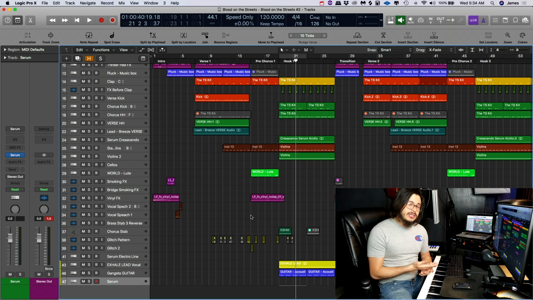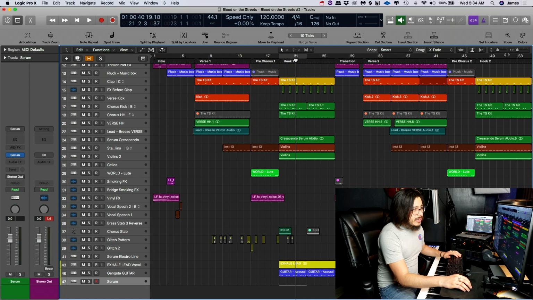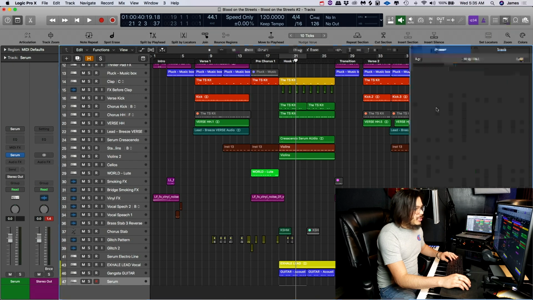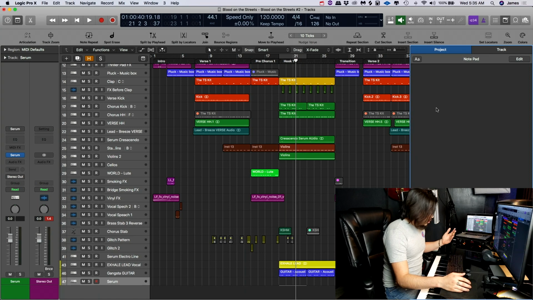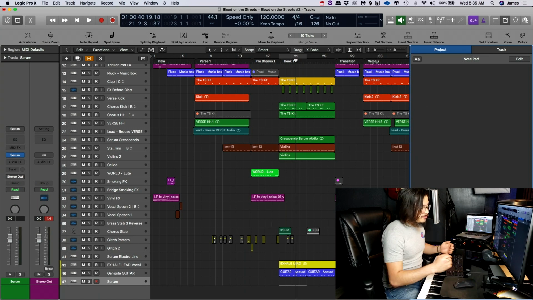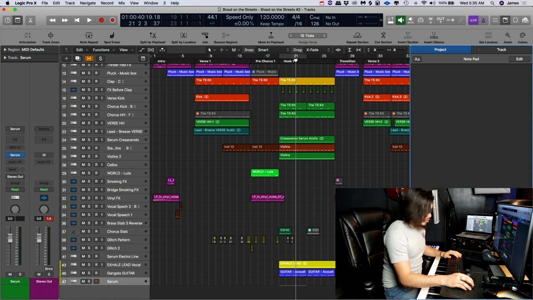So let's go ahead and take a look, and I'll explain to you exactly how it can come in handy for you. So here we are back in Logic, and I have it set up to where when I press N on my keyboard, I get Notepad, again courtesy of Apple, allowing me to customize and tailor Logic's workflow to my workflow. And when I pull up the notepad, I can create notes for the project or the track exclusively